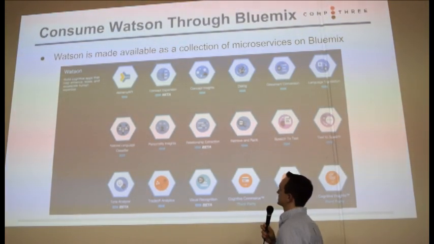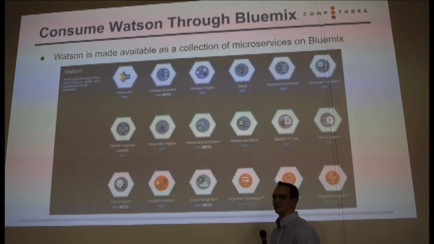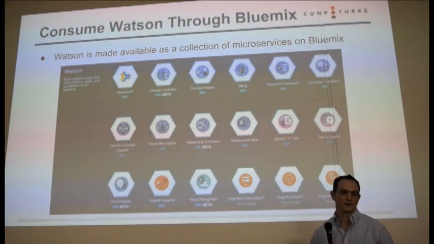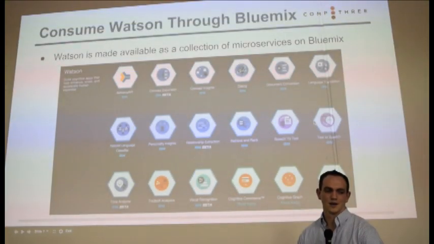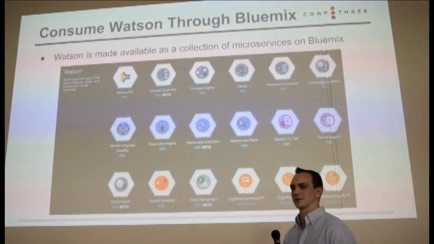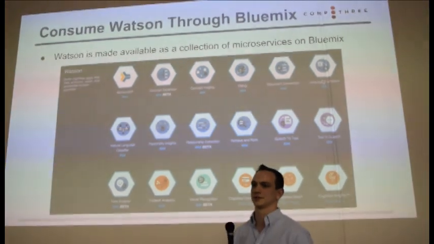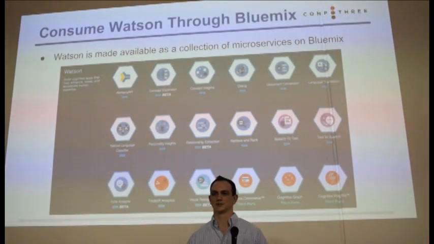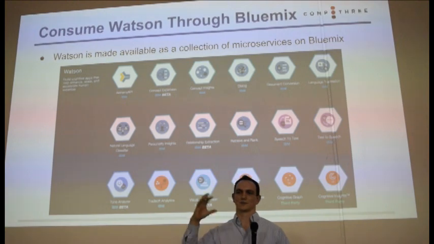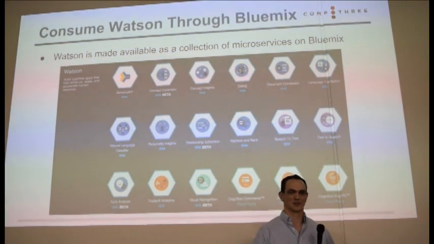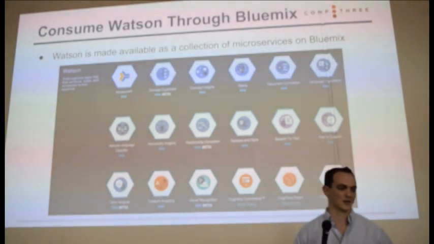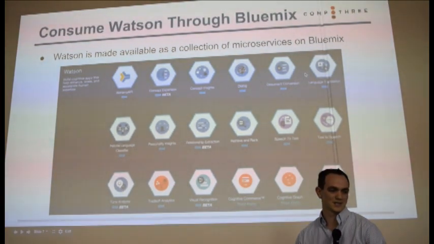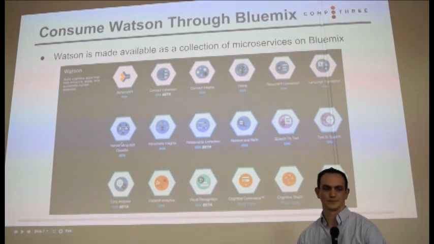So here you can see the list of services that they have today. There are 18 up on the screen. Here you can see there's the text-to-speech and speech-to-text that I was mentioning. If you want to do translation within your application, they have a language translation service. So these are all API-based. You just give it your information, Watson does some number crunching, string manipulation, all that good stuff on the back end, and you get back your answer out of the service. And so the one today that we're going to be looking at specifically is this natural language classifier here.